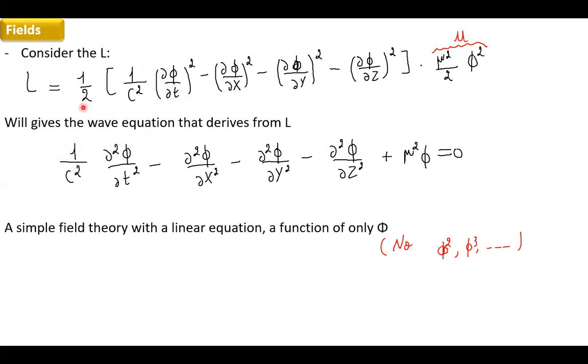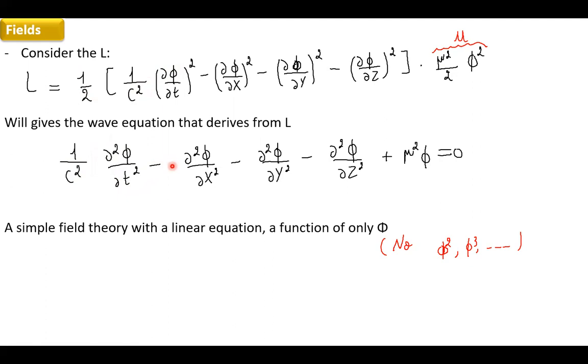We begin with the derivative of L with respect to t. It's 1 over c squared. The derivative of del phi over del t squared is 2 times del over del t of del phi over del t, so it's the second derivative of phi with respect to t. The 2 goes with the 1/2, and you get 1. So it's 1 over c squared, del squared phi over del t squared, minus